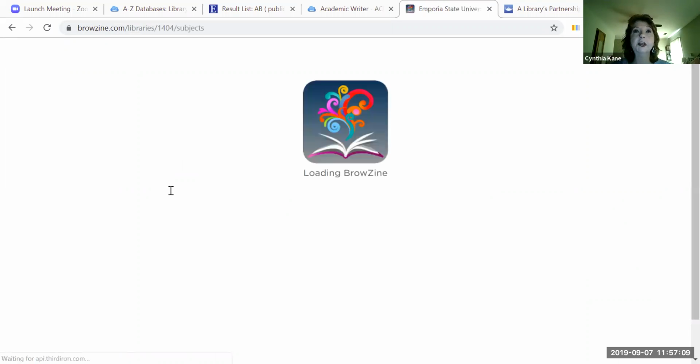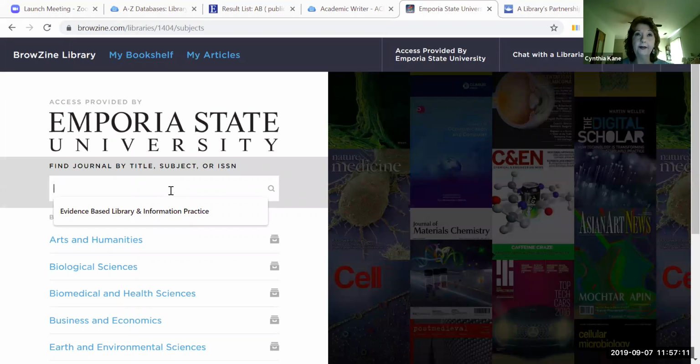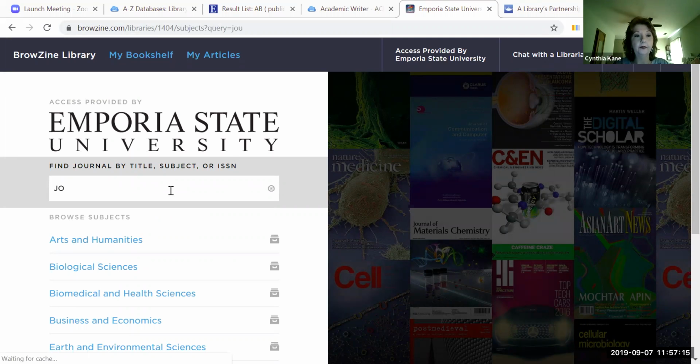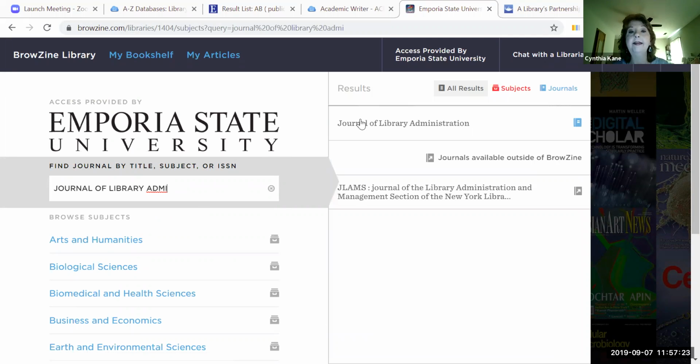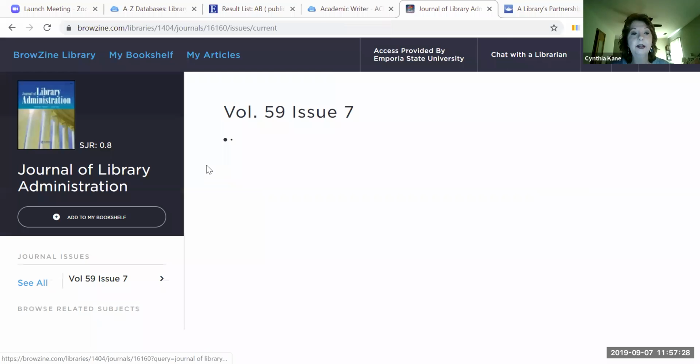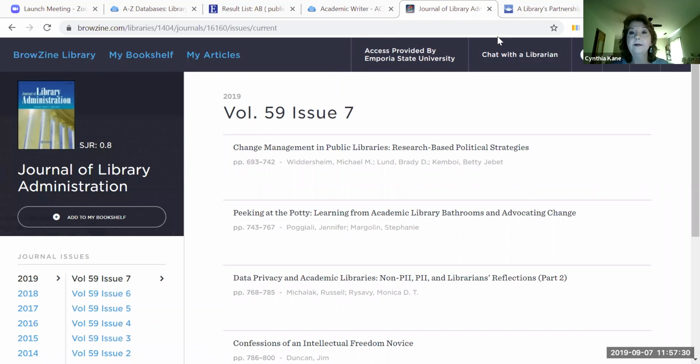And I could search not by the article title this time. Within the Journals tab, I'm searching by the title of the journal. And I can actually use this to double check just in case it doesn't pop up immediately on the discovery search. This will take me to the Journal of Library Administration,